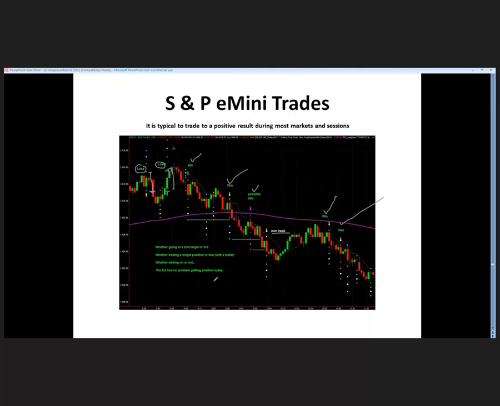That's how money is made as traders. And here was a session on the S&P where the first 2 trades were losses, and 1 or 2 losses in a session. We've learned this over and over again. It doesn't matter what strategy you use. It's just going to happen. It's part of trading. But it doesn't matter because we're still profiting, and that's why we're trading, is to profit. And you can see that clearly in this chart.